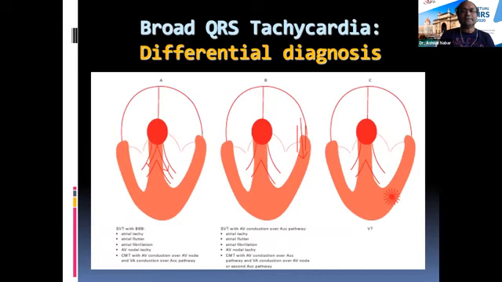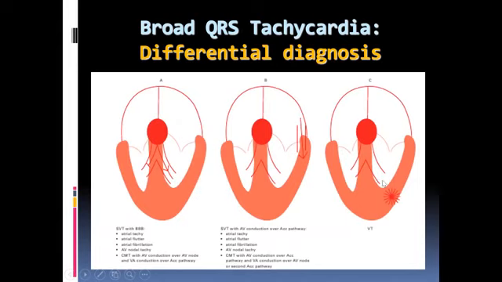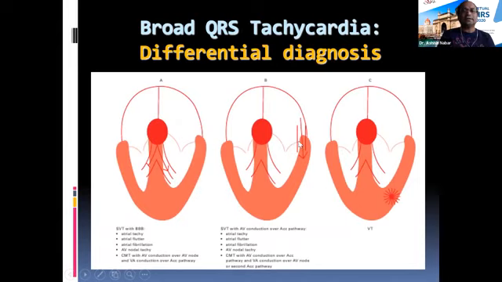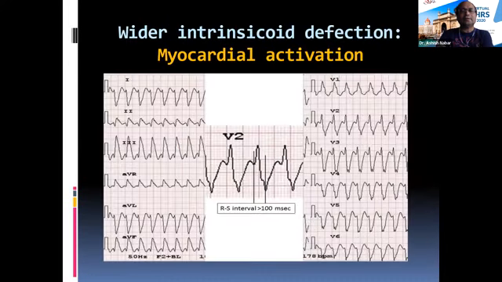So essentially, wide QRS tachycardia happens because it's a VT originating from the myocardium and the two ventricles are activated one after another, or the conduction to the ventricle is by the accessory pathway, or because of aberrancy, because of block in one of the bundle branches. So these are the reasons, but very, very important to understand that 80 to 85% of the times you will be dealing with a VT, and that's an important clinical statement to make.